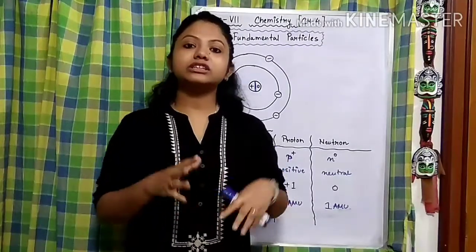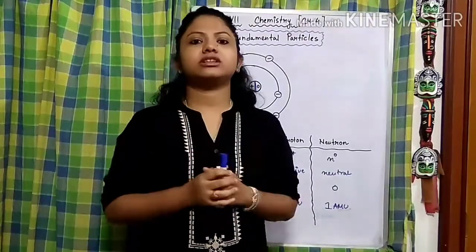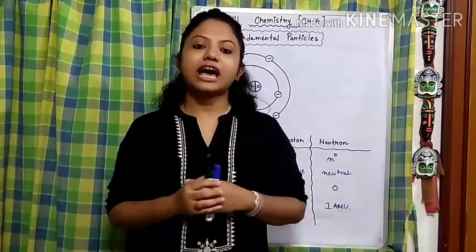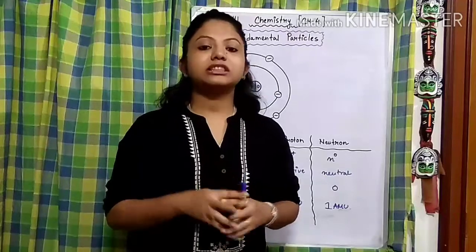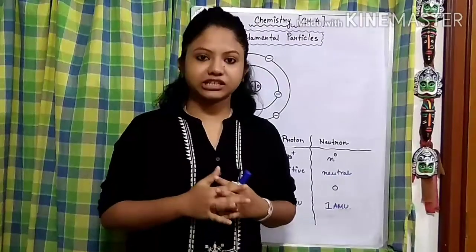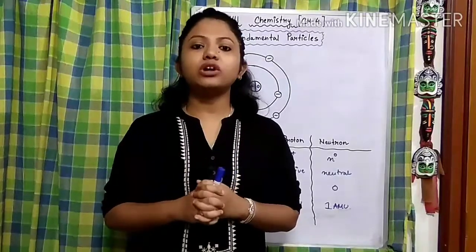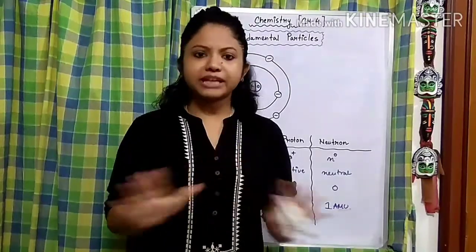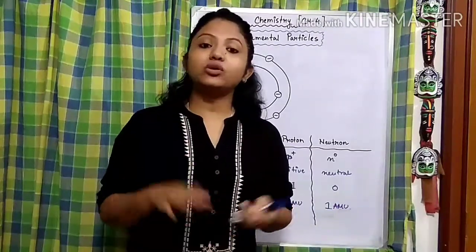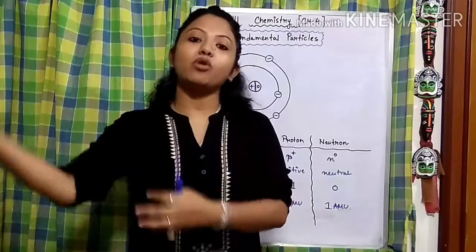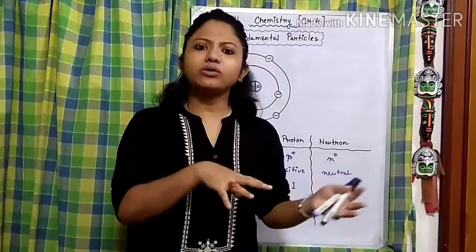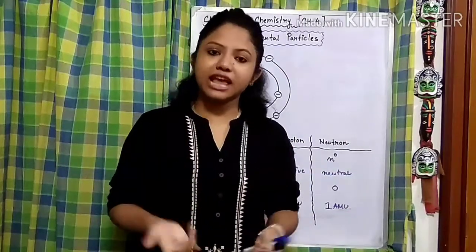But after some years or some century that John Dalton discovered the atom, the scientists have further gone and researched thoroughly about these atoms. Then they have found out what? It is not the basic or fundamental particle. It can also be split into 3 more fundamental particles. Okay, so what are they and how does the structure of an atom look like?